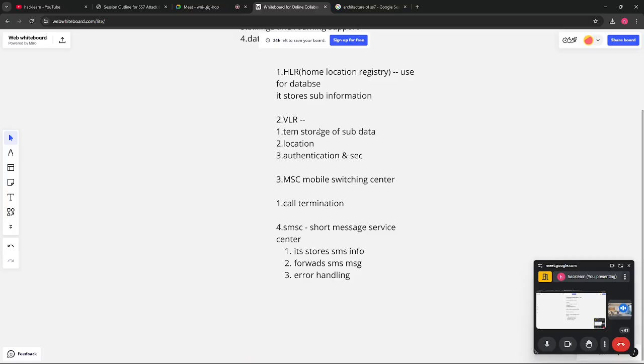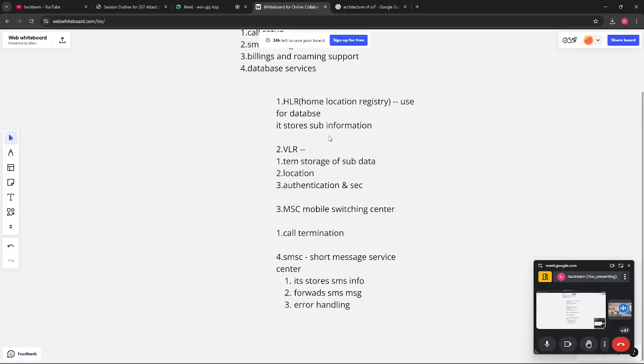It also coordinates with the MSC and is involved with all the roaming subscribers, helping to identify whose data is coming from roaming. So this is the basic stuff regarding the VLR. Now, is it clear?